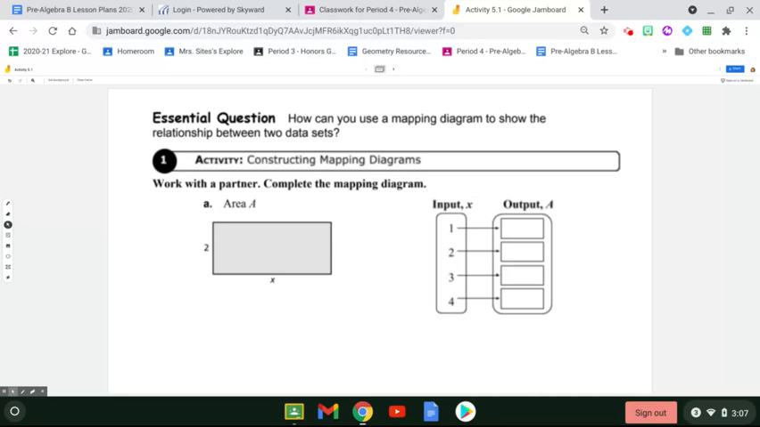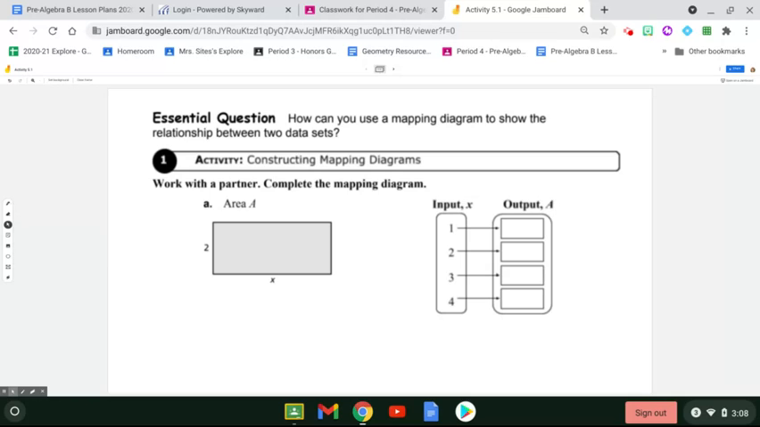two data sets? So when I look at this first activity, I can see that this input X of 1, 2, 3, and 4, and I have a blank column for output A. It kind of looks like a table, okay? And we've dealt with those in the past when we were graphing. So I want you to think of this as a mapping diagram, but it kind of looks like a table. All right, and how we're going to fill this in is thinking back on something